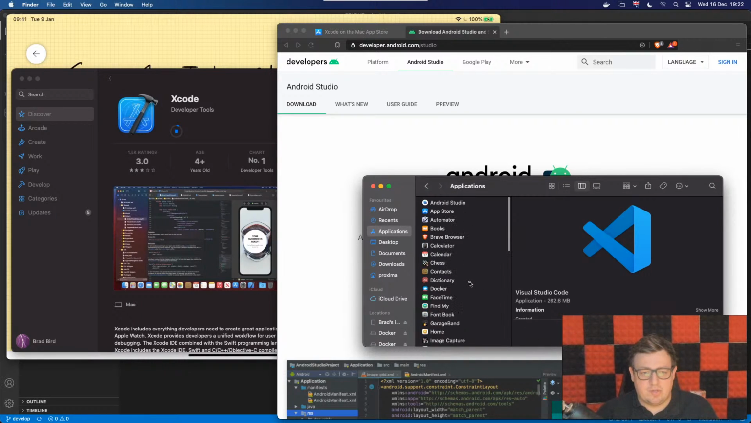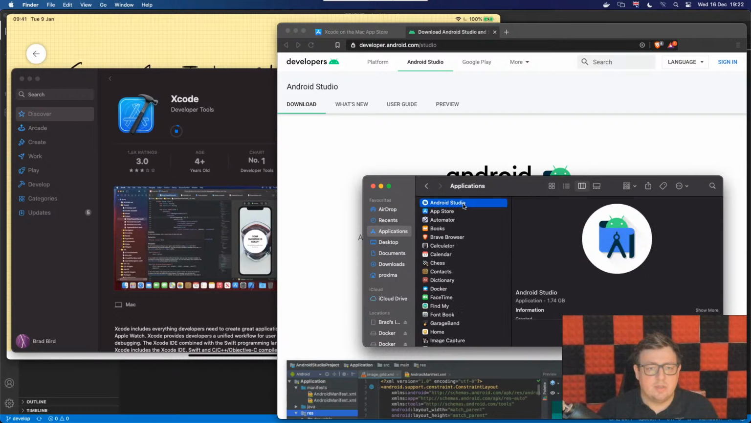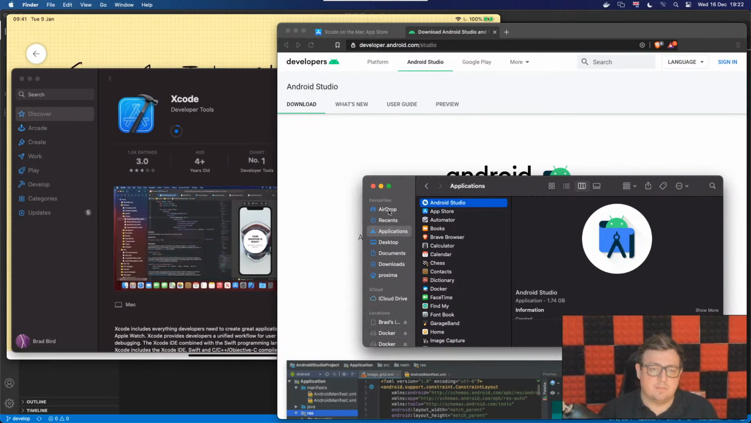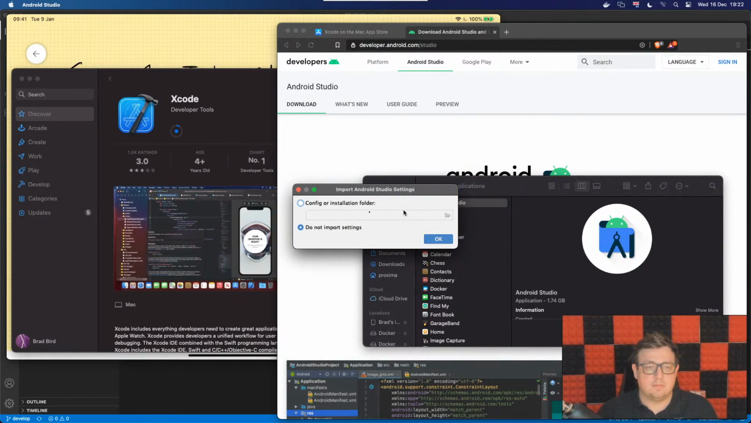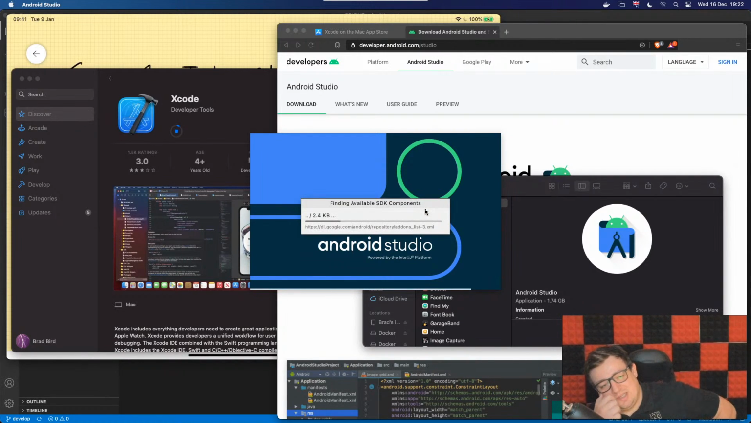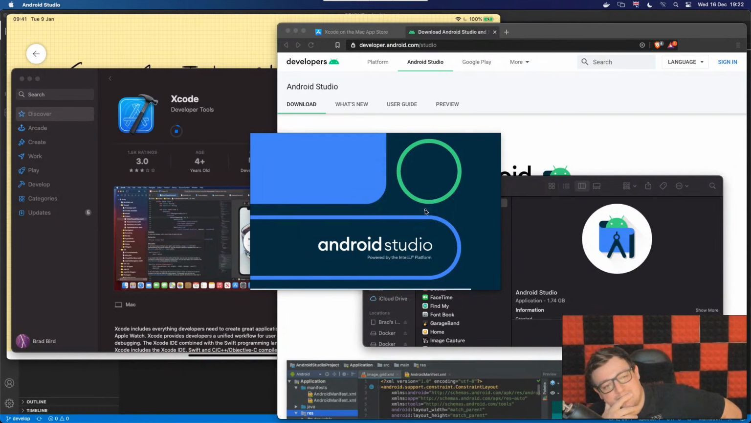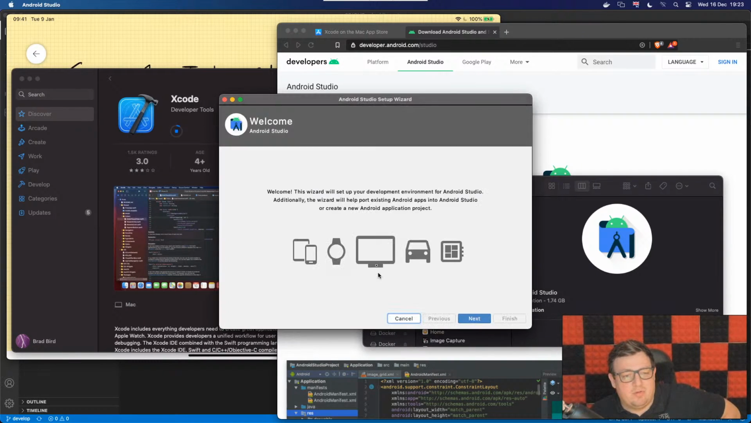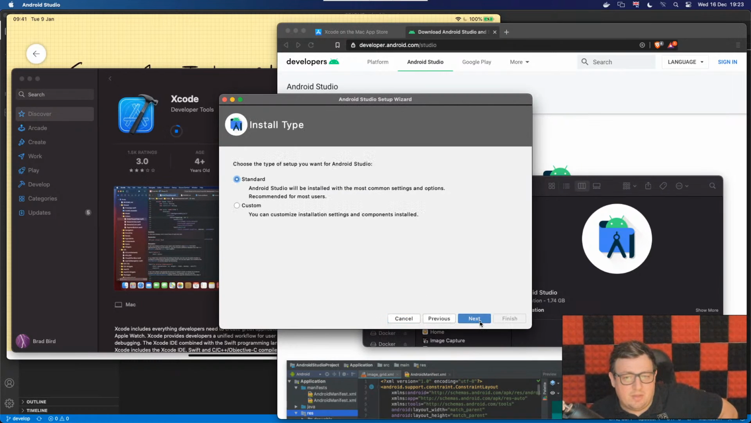Okay, so Android Studio is now done and installed. Nice. Works on M1 as well. Be very interesting to see if this actually deploys Android on M1. That would be very interesting. We're not going to send anything to Google, although they probably track us anyway. But